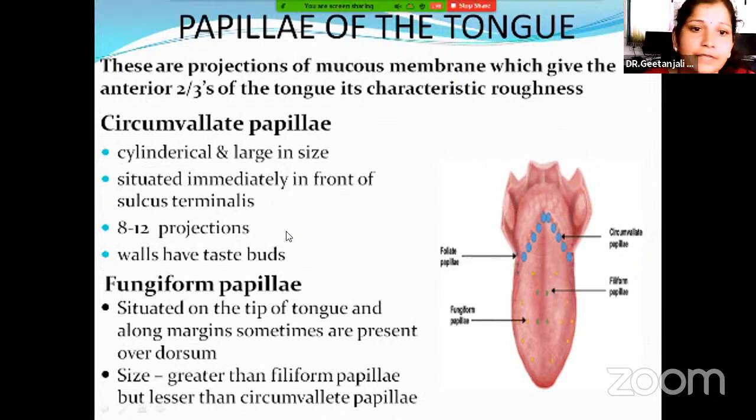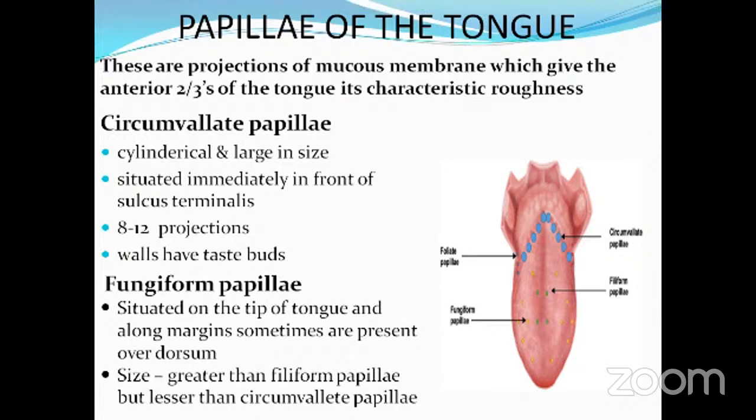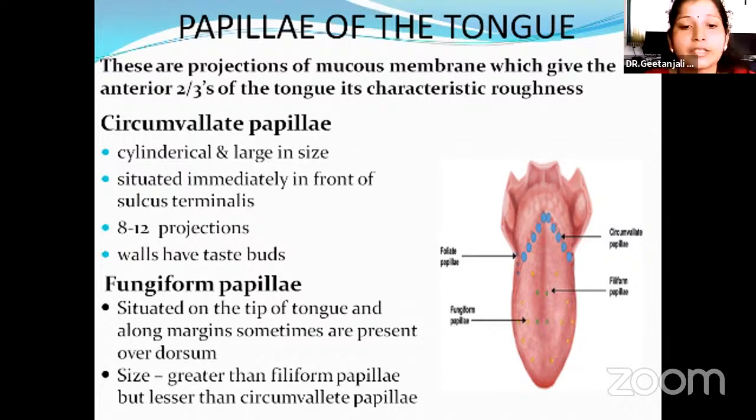See, the characteristic feature of circumvallate papilla is that these are circular in shape, and these are the largest papilla among all papilla. The next is fungiform papilla. These fungiform papilla are present on the dorsum of the tongue. Next is